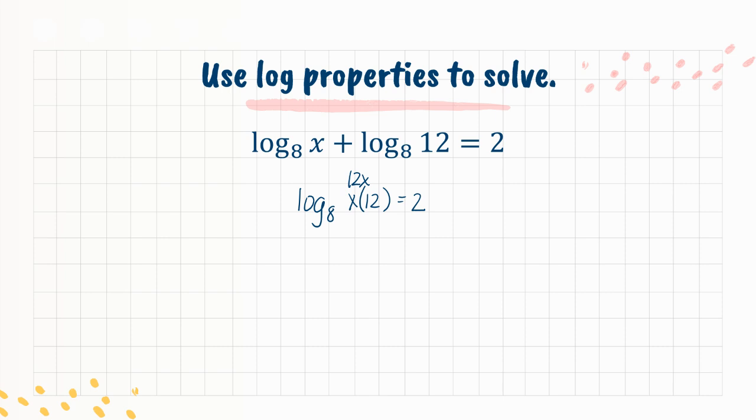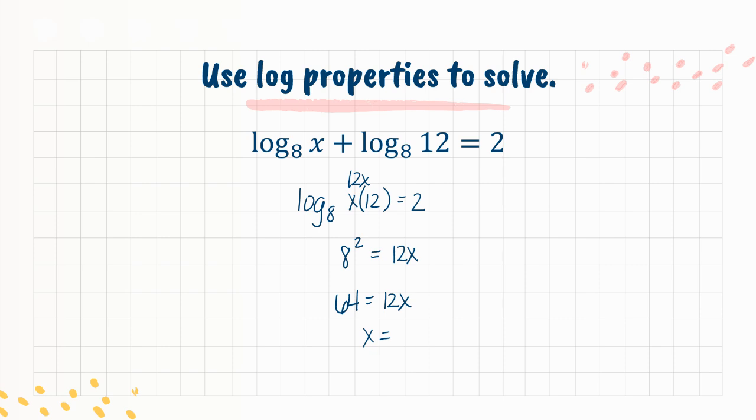Now, I don't have a log on the other side that I can cancel with. So this tells me that I'm going to need to solve by rewriting in exponential form. My base is 8, my exponent is 2, and that's equal to my answer, which is 12x. Now I have an equation that I know how to solve. I know that 8 to the second is 64, and then I can divide 64 by 12, and I will get an answer for x, which is